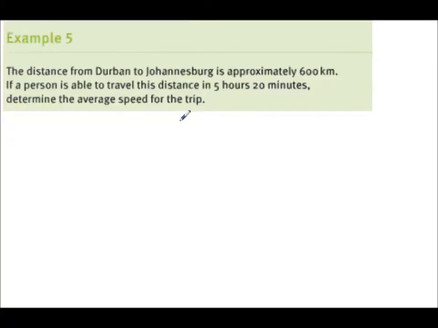Let's look at distance. So as soon as I see the word distance, speed, I think of my DSTV triangle. D, S, T, upside down V. And let's have a look what we've got. You have been asked to determine the average speed. So we are looking for speed, and speed equals distance over time, or distance divided by time. So speed will be your distance divided by time, which will equal, your distance was 600 kilometers